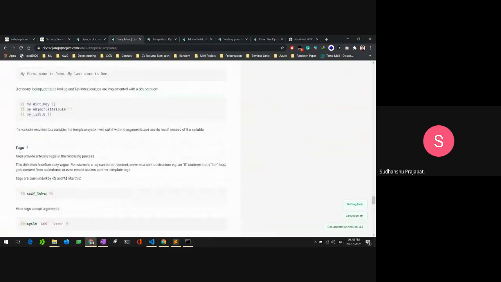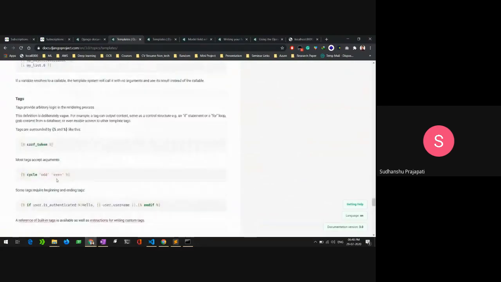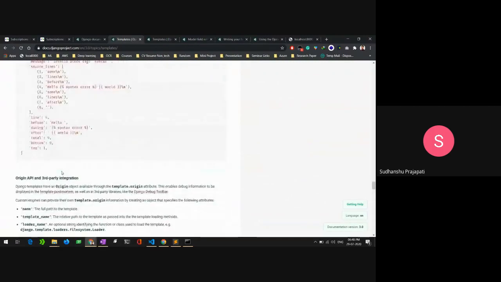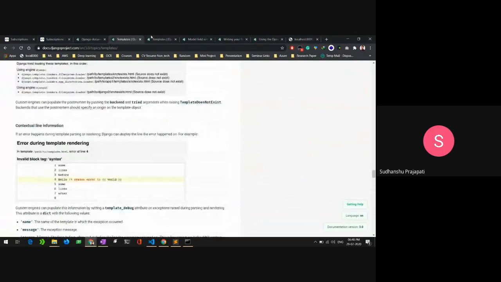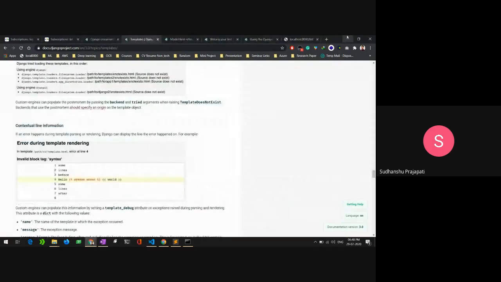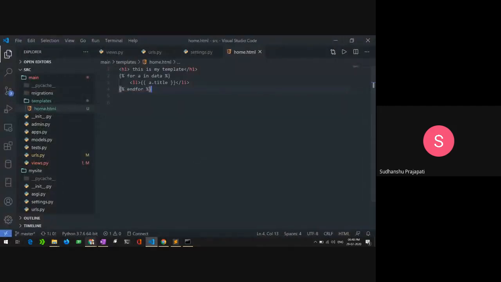Here is only the for loop given. And these are the variables. I guess I need to figure out where they are actually inside the documentation. So I will give you the link, and what kind of actual variables and conditions and things you can use inside the template. So we have now a working template rendering with the data from the database.